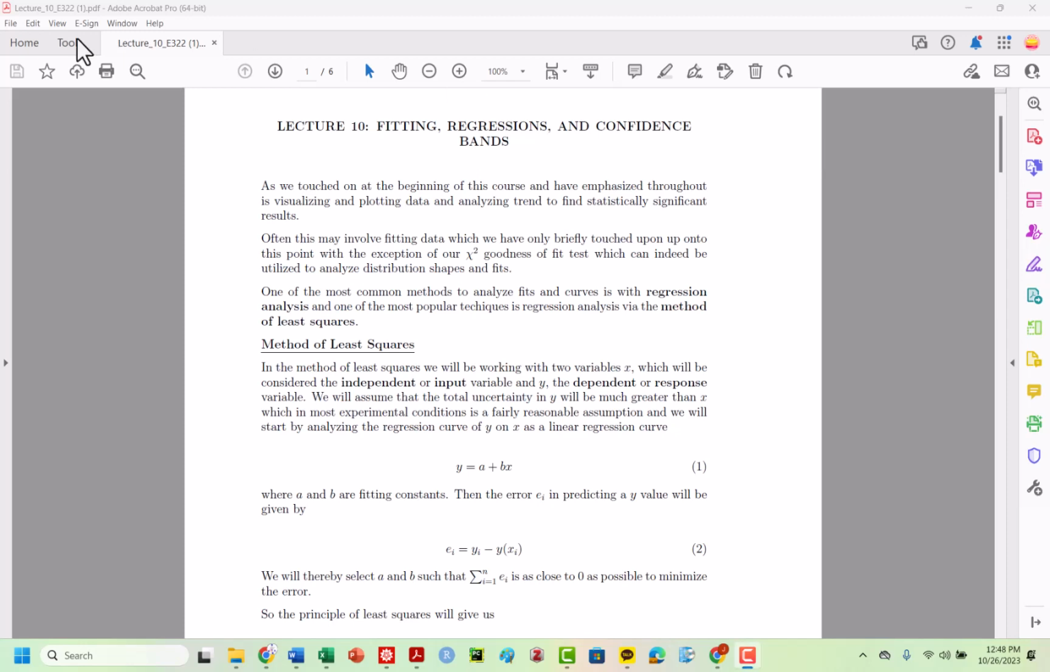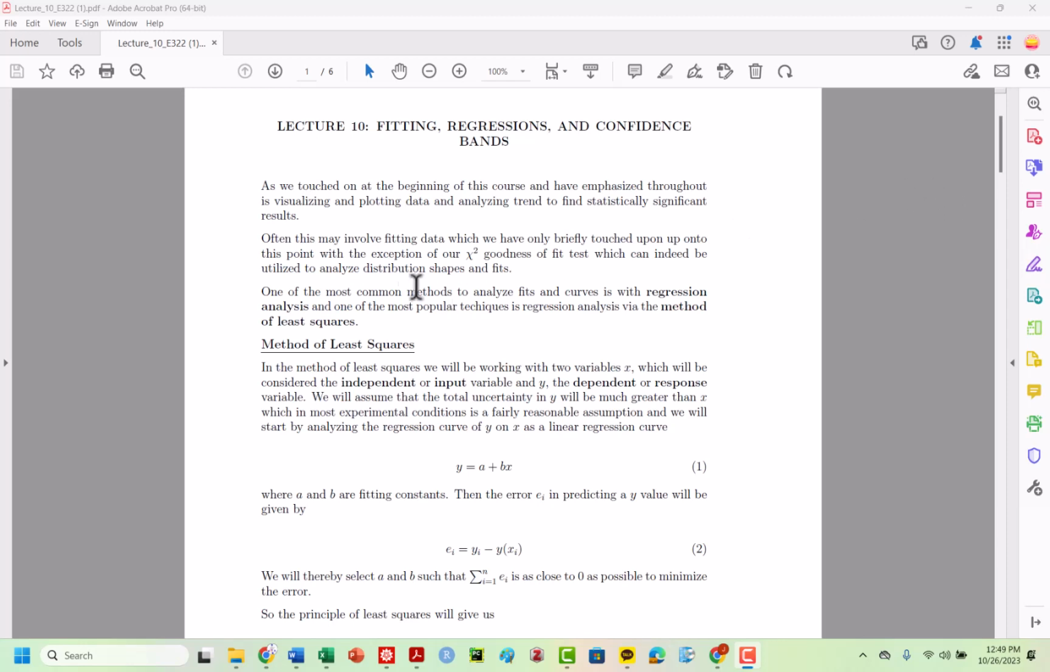Hi everyone, we are back and we are on our last lecture, which is fitting, regressions, and confidence bands. So again, we touched on it at the beginning of this course, and we've done a lot of different tests, but we've avoided a lot of discussion about fitting and regressions. We mentioned at the very beginning that we want to fit things with appropriate functions that are physical in nature